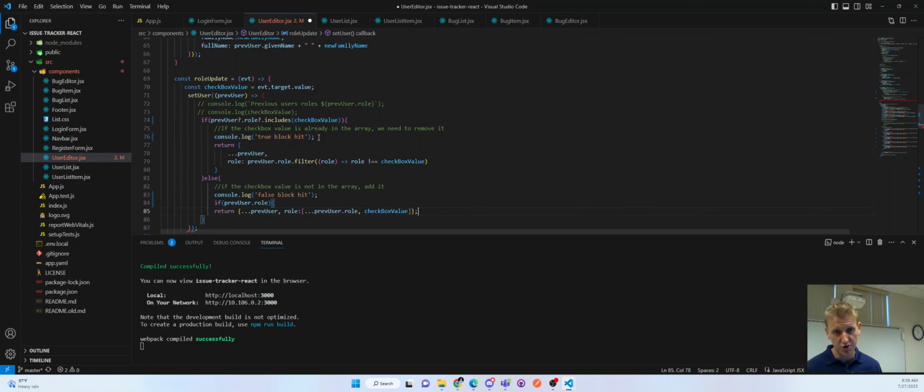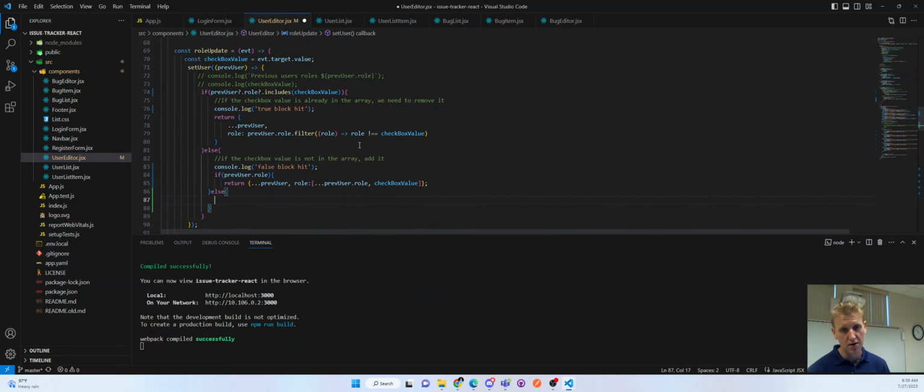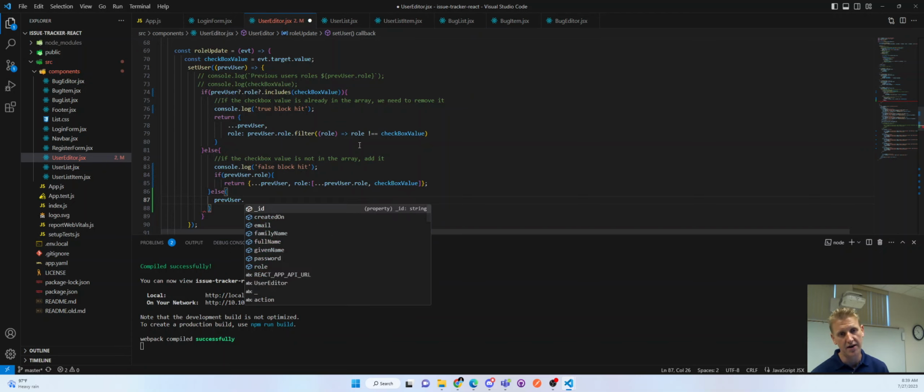So if previous user role is truthy, then you return that, right? Otherwise, there is no previous user dot role. So we will assign previous user dot. Now it's really interesting because